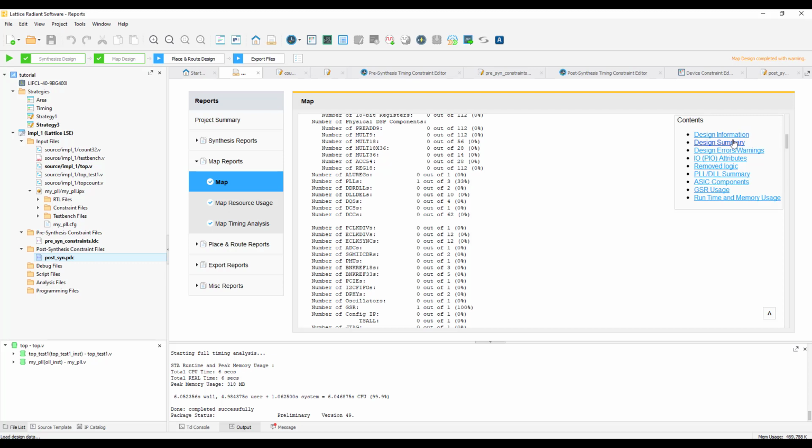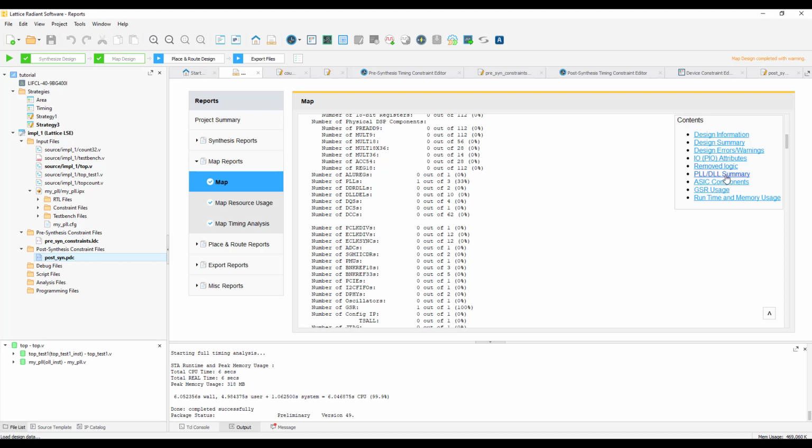This has a design summary. If you have any design errors or warnings, they would appear under the design errors or warnings section. And the PIO attributes: if you have any attributes used in the design for the PIO pins, you will be able to see that in this PIO section. If there is any unused logic that is being removed, you will be able to see that under the removed logic section.